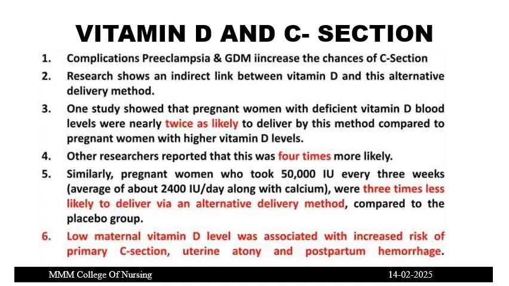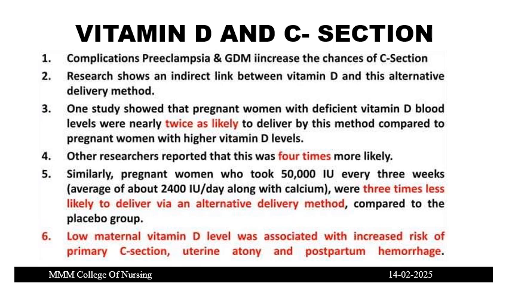Let's also see how vitamin D correlates with cesarean section. Complications like preeclampsia and GDM increase the chance of cesarean section. Research shows an indirect link between vitamin D and this alternative delivery method. One study showed that pregnant women with deficient vitamin D blood levels were nearly twice as likely to deliver by this method compared to pregnant women with higher levels of vitamin D. Other researchers reported that this was 4 times more likely. Similarly, pregnant women who took 5,000 international units every 3 weeks were 3 times less likely to deliver via the alternative